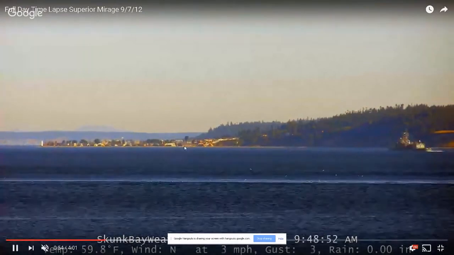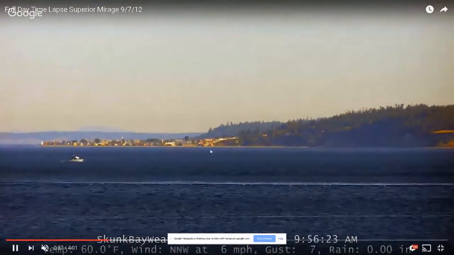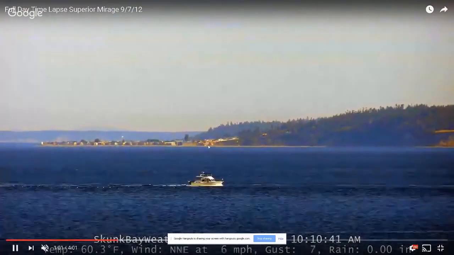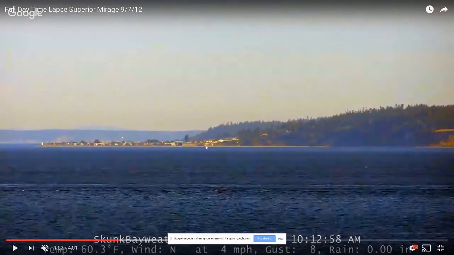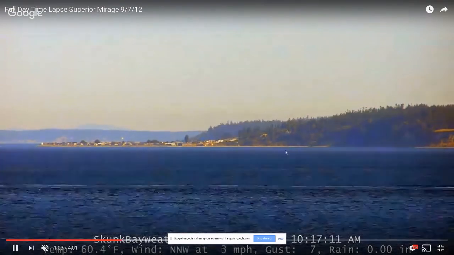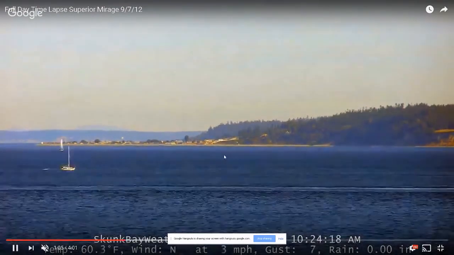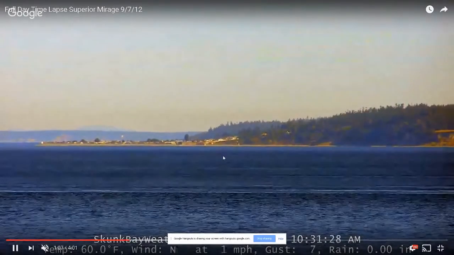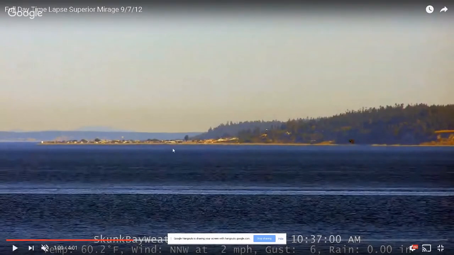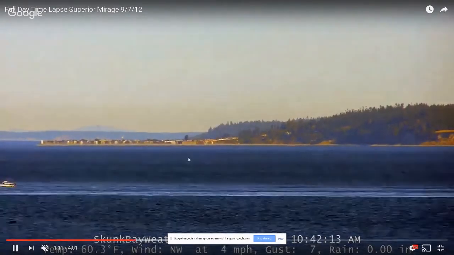There we go. There's a mirage effect right there. See, it's waving. Now, look at that. There's another good one. Now, mind you, this is a time lapse, so that's something that happened over a 15, 20-minute period, probably. So if you were standing on the shore and you had that line come across like you did, and you're looking at a boat, well, it's inconclusive as to what's happening. Now look at it. Is that the curvature of the Earth blocking out this house here? Oh, it went back down again. Don't worry about it.